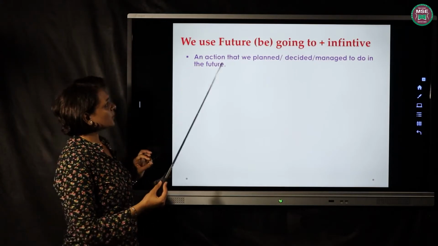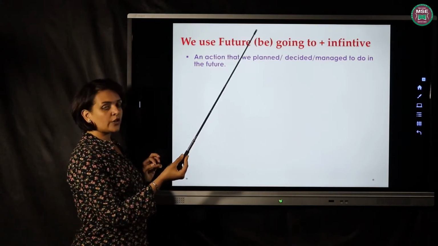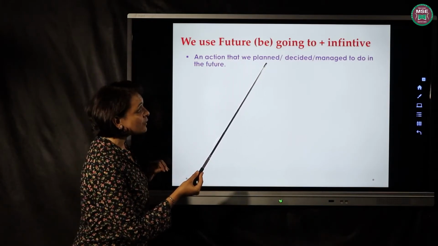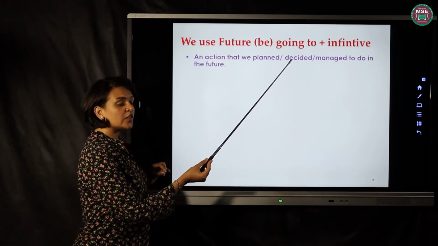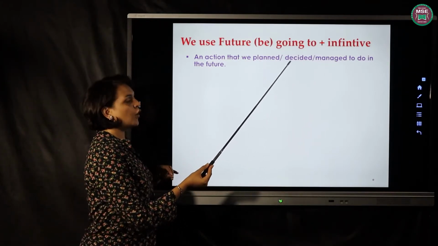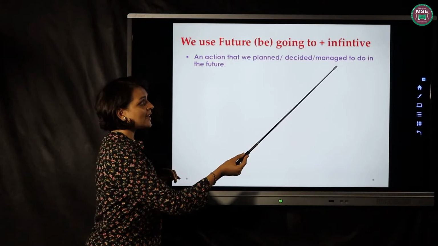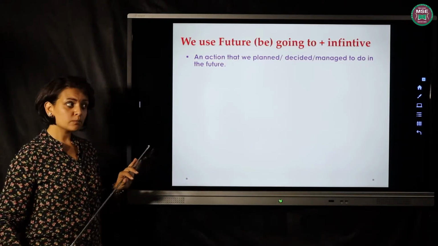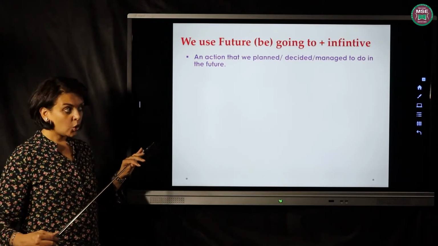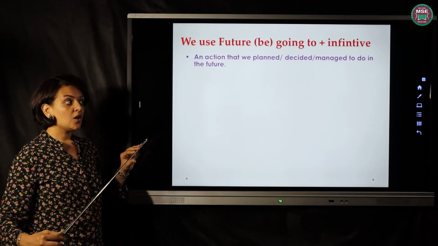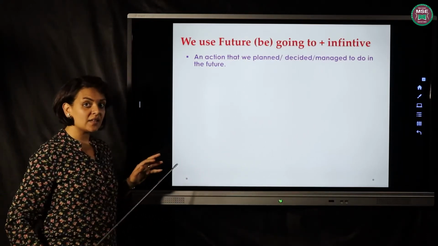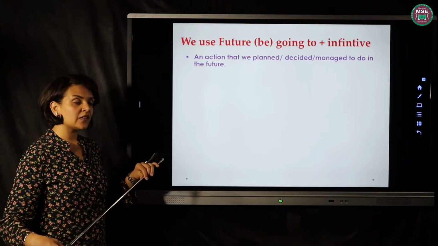We use verb to be plus going to plus infinitive with an action that we planned or decided or managed to do. Again, we planned or decided or managed to do in the future. So it's a far plan or a hard decision or an arrangement that we did, and we will make it in the future.